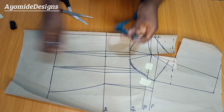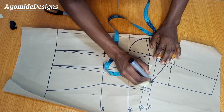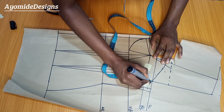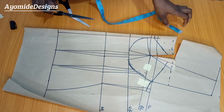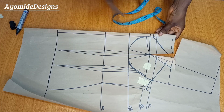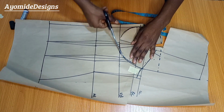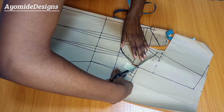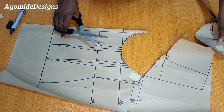Also, I'm going to be marking half an inch below the chest line, and I'll further smoothen my cup to meet up with that measurement that I marked on the chest line. Once I was through with all of that, I just went ahead to take out my cup from the entire pattern. I'm going to be working on this cup later on, but for now let us focus on the other